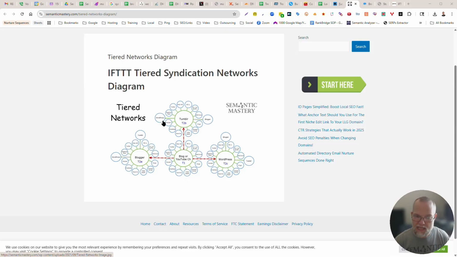And then we would have tiered networks. So we would have tier 2 networks that would use one of the blogs, the syndication points from the tier 1 network, the branded tier 1 network, to then republish and syndicate the content from one of the brand extensions, the branded blogs, the Web 2.0 blogs like Blogger, Tumblr, and WordPress, for example. That's what we used as the secondary trigger points, that would then republish that content again out to another batch of Web 2.0 social media, social bookmarking, etc. So what we could do is create tiered link building from one content source. It was done in 100% automated fashion.